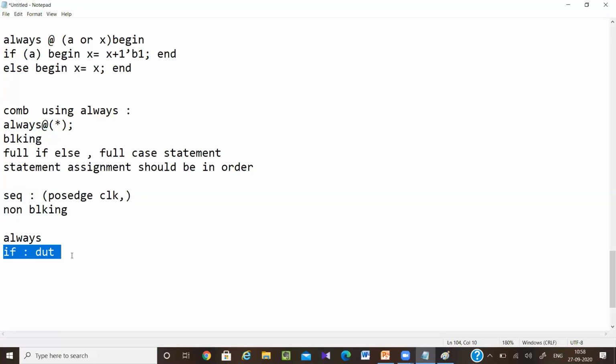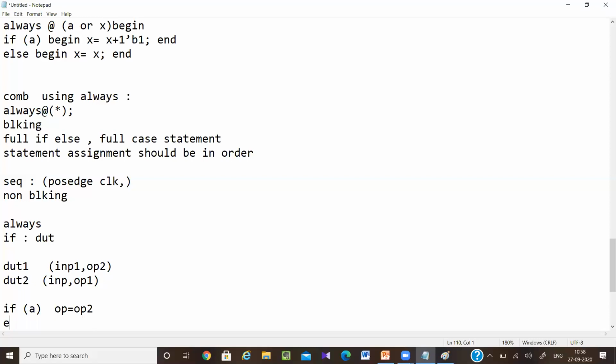So what can I do? Let's say I am using two modules, duty 1 and duty 2. Here I can have some input and output 1, and here some input and output 2. Inside the if condition, I can use these outputs. If condition A is satisfied, then my final output is equal to output 2, else final output is equal to output 1.